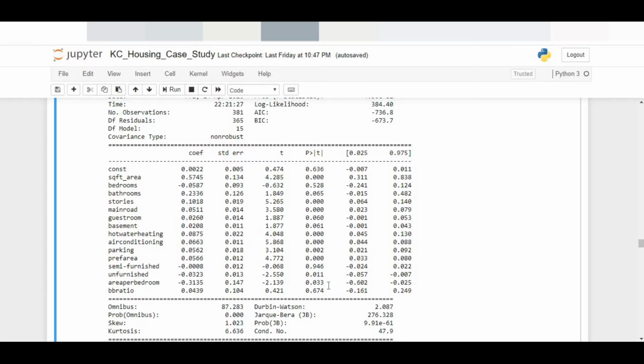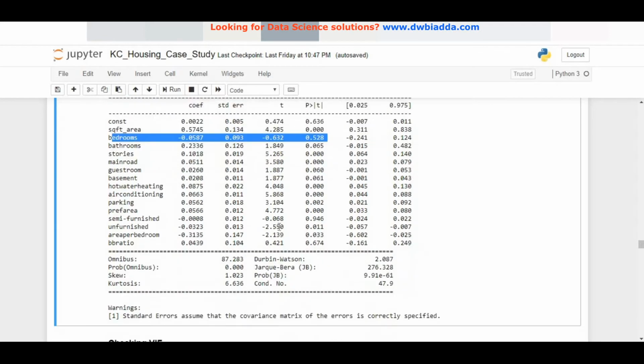So let's see which are more than 0.05. I see here BB ratio, more than what I want. And let's see what others we have. I have the semi-furnished, again more than what I want. And the number of bedrooms, again more than what I want. I'll keep this in mind and move on.